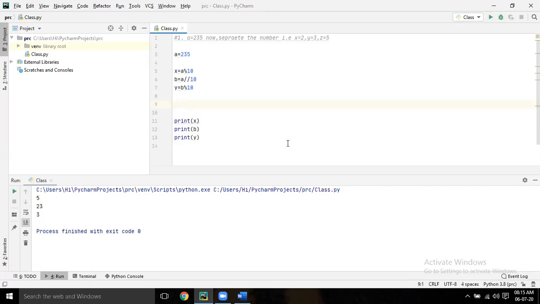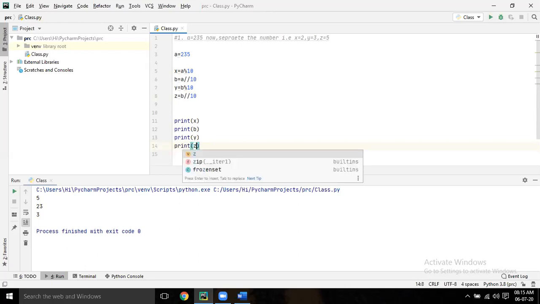z equal to b floor division 10, again floor division, where b equal to 23. That will give the quotient 2. Now print z. Run it.